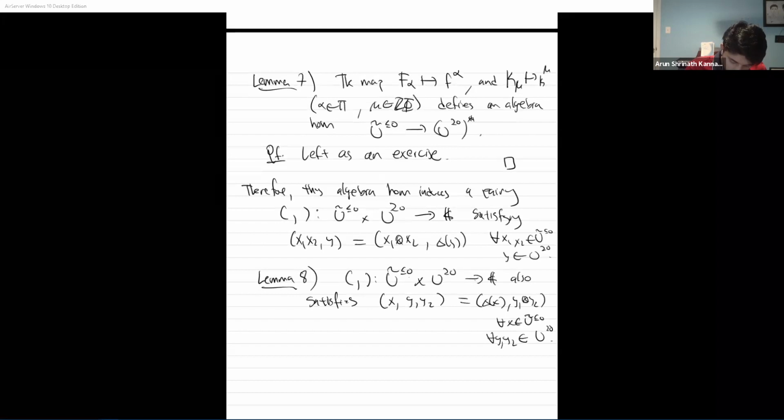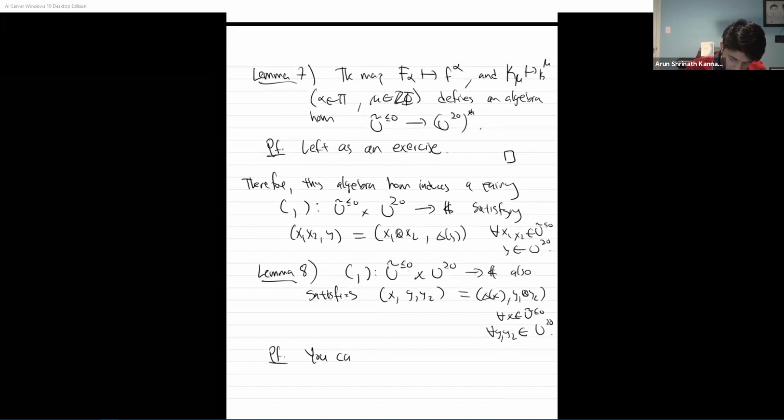Okay, so the proof of this is a computation. You can check directly on the generators. Actually, just on the generators of U tilde less than or equal to 0. The computations work out by taking an arbitrary element in U greater than or equal to 0, and you can inspect on the generators. For instance, the easiest one,